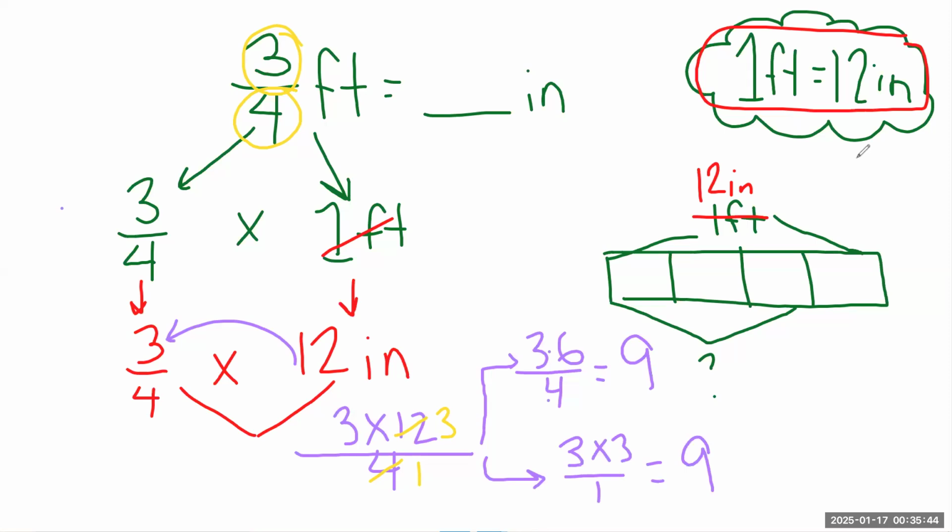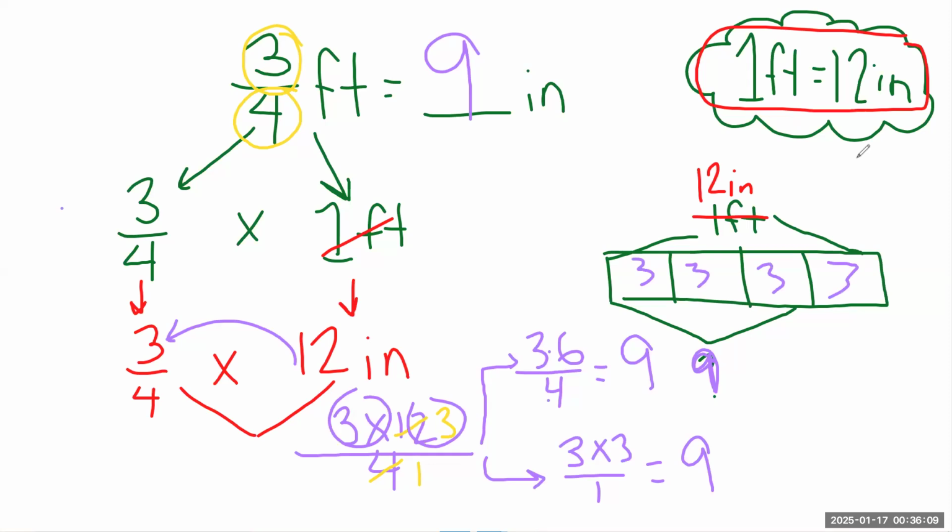So 3/4 of a foot is 9 inches. That goes right here. Okay? 3 copies of 3 inches, for a total of 12. Yep. Okay. So we're going to do one more problem, and then you're going to do some on this Nearpod